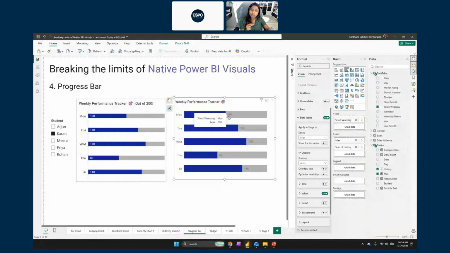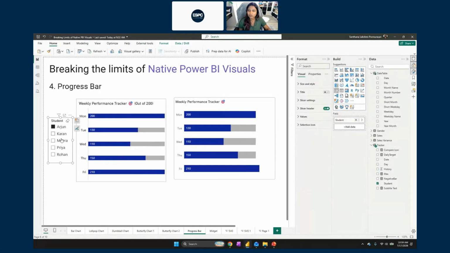Next, I want to throw my values inside the bar so that people don't get confused whether 100 belongs to blue or to the gray bar. The way that I do is very simple. Select that particular measure and choose inside base, throw it inside, and that's pretty much it. And now you will easily be able to see the changes.